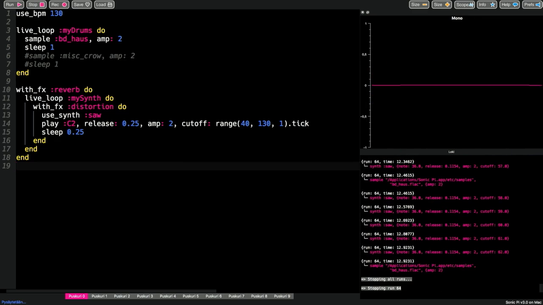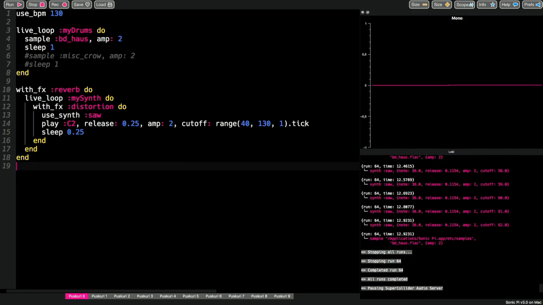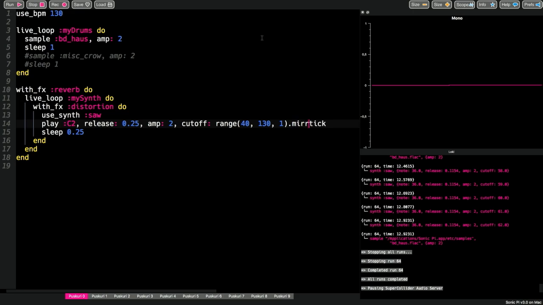But you noticed what happened, like the filter sweeps up, but then it just drops down like this. We can actually avoid that. There is a command called mirror, which will double the list, so it will create another list after the first number list. So it will first go up, and mirror creates a list with reverse order. So the numbers are descending from 130 to 40. So it's like a ramp like this. So if we add a command mirror to this line,